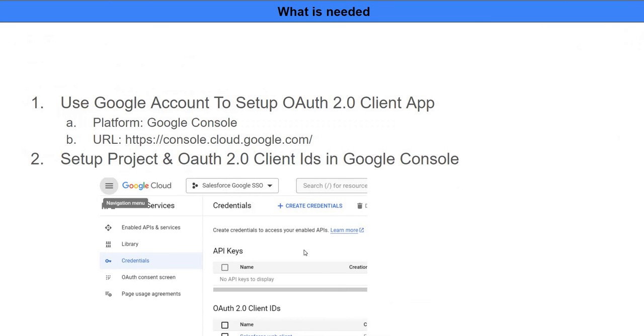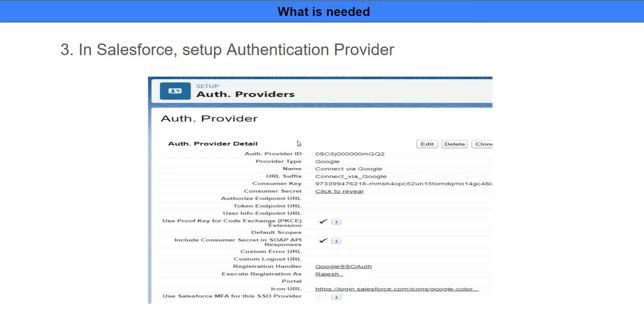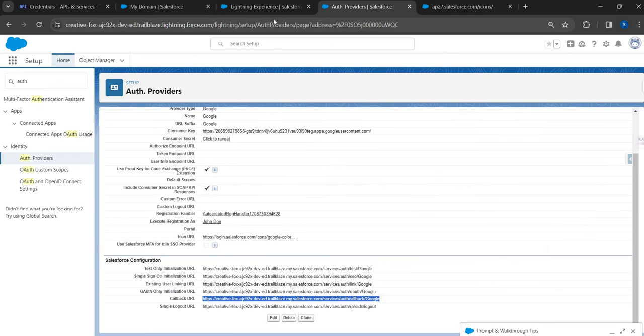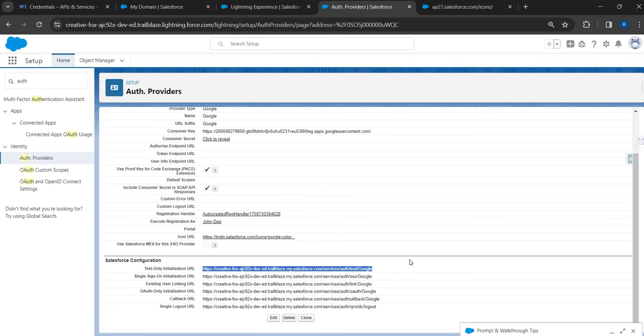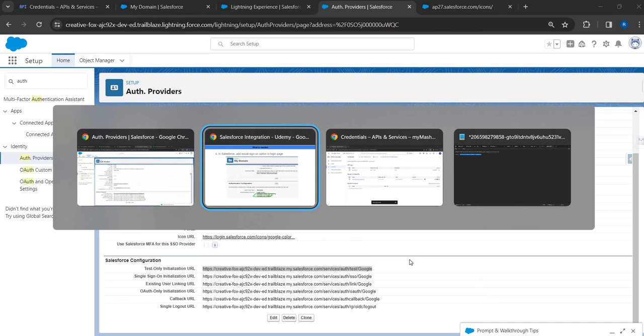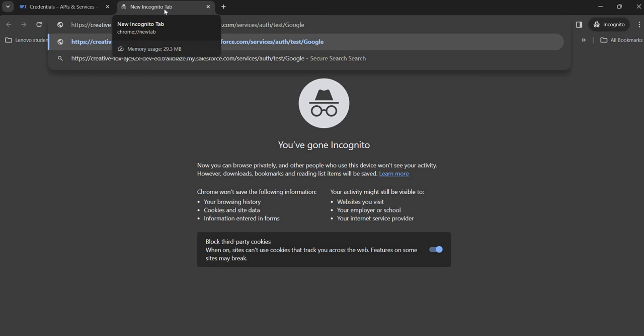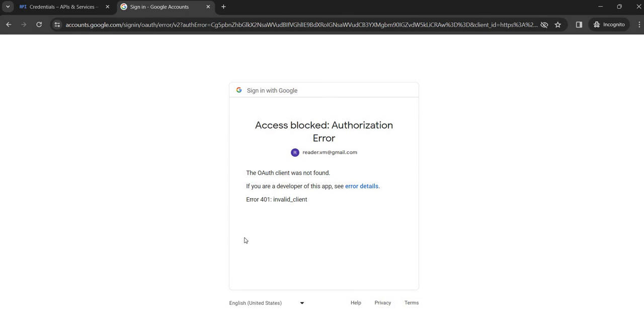All we need to do is test this, right? So we did complete the Google setup. We did complete the authentication provider, isn't it? The next step is we need to bring this sign in option on the Salesforce login page. So let's do that, and then we can run a test. But before we do that, if you want to test whether this integration works fine or not, you can use this test only initialization URL. You can just copy this URL, go back, enter it in the URL bar, and when you hit enter, it will take you to